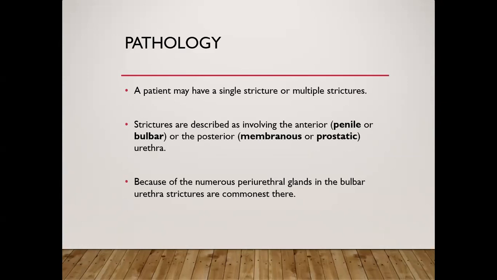A patient may have a single stricture or multiple strictures, and we shall see the images later, the urethrograms. When you read these urethrograms, you should be able to tell us whether the stricture is single or multiple. The stricture is also described as being anterior or posterior. The anterior urethra is considered to include the penile and the bulbous. So if you find a stricture in those two,